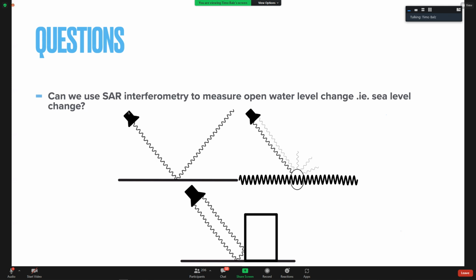Now, we are not using SAR interferometry to measure open water level, but there is another type of radar, radar altimetry. Those sensors actually measure the height of water, also sea level changes. They are nadir looking sensors, so they're looking down, you get the reflection back and then measure the distance to